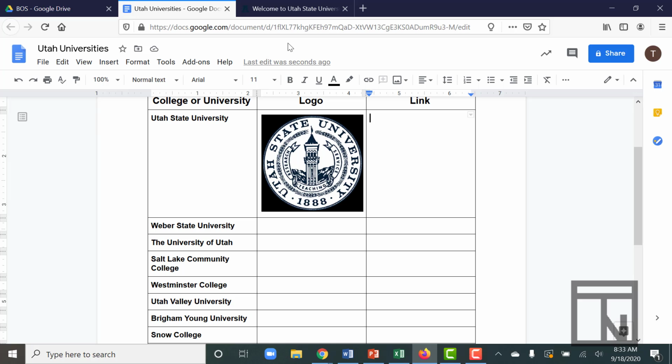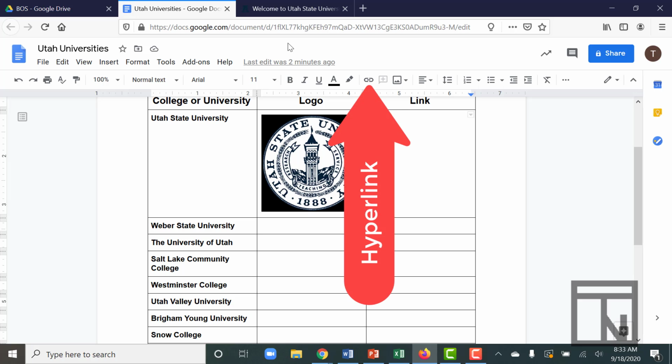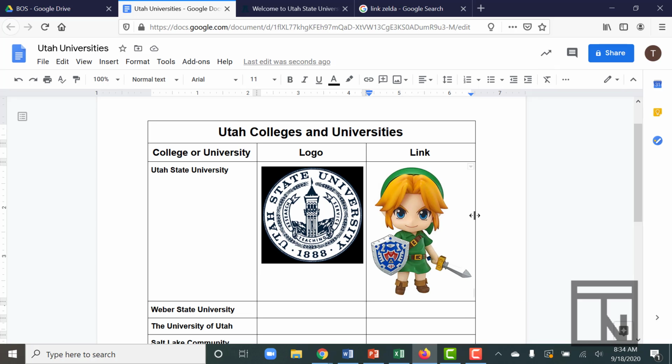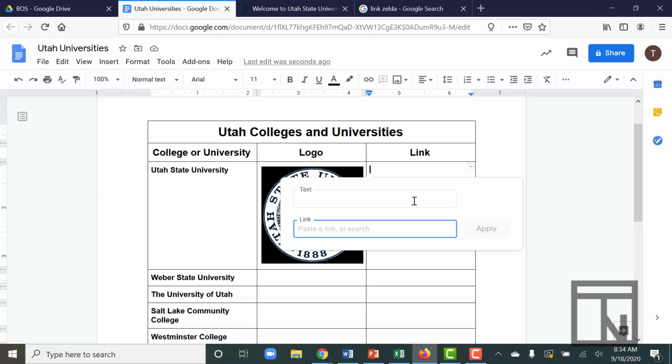Now, the hyperlink icon is also on the ribbon. It is located right here next to your text editing options. So if I click on Insert Link, it inserts link. No, just kidding. That's better. So when you click on that link icon, it should take you to a pop-up box that has two options,